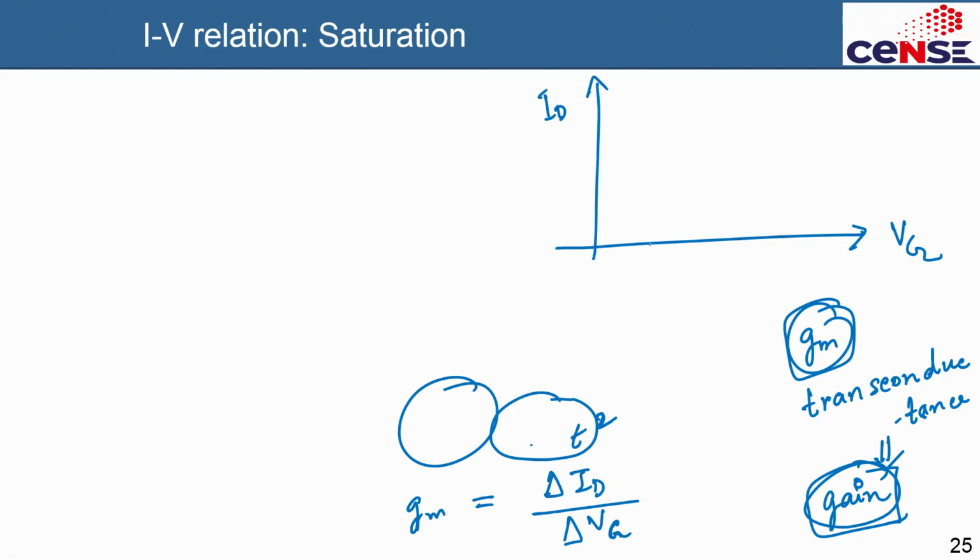So for example, the MOSFET threshold voltage, suppose it is 1 volt, this is 2 volt, this is 3 volt, this is 4 volt, this is 0.5, and so on. So this is the threshold voltage, for example. I'm just taking an example that the threshold voltage is 1 volt here. So in ID versus VG, this is the output current, and this is the input voltage, the gate voltage. So below, when the gate voltage is below your threshold voltage,